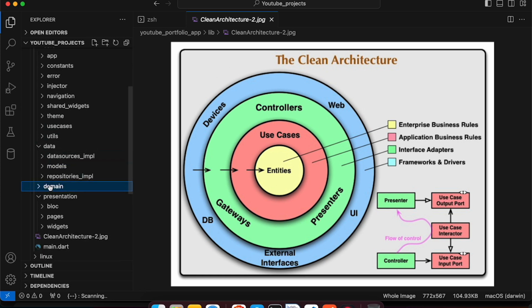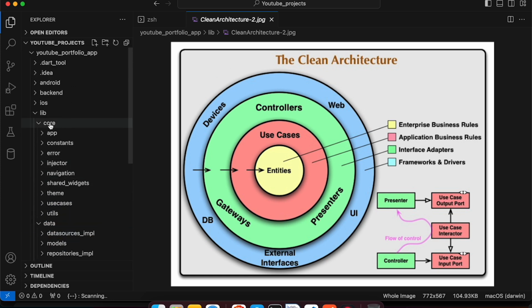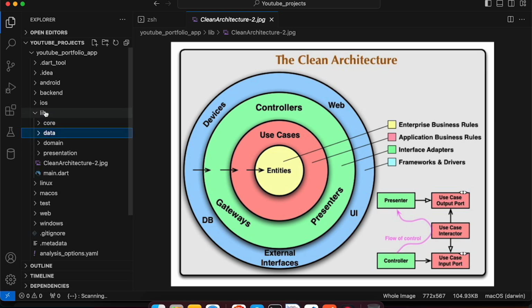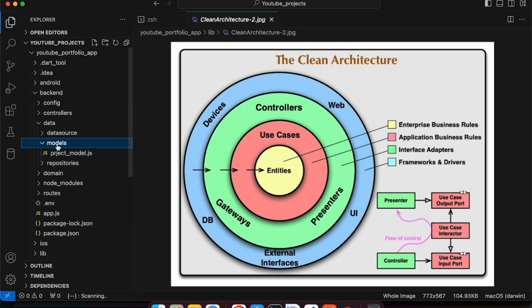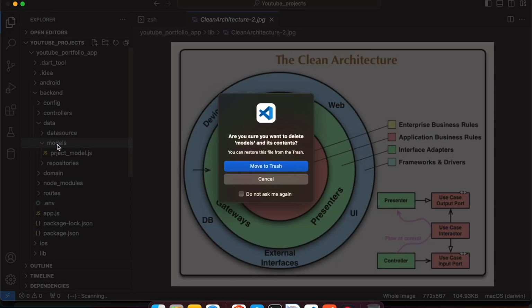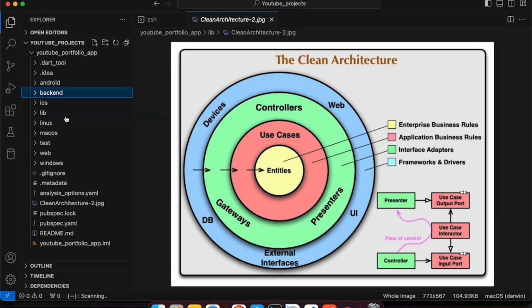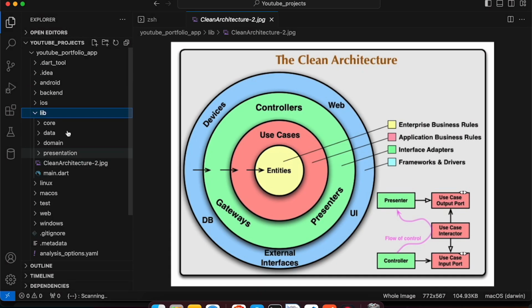This folder structure would be a little bit different from our server side code, because the server side code and the client side code would be a little bit different. We are using a backend here, and we didn't require this models folder, we didn't use it. So let's remove it from this backend here. Okay, we have a library inside, but in our front end part and our client side we will purely follow the clean architecture, and we will also write the